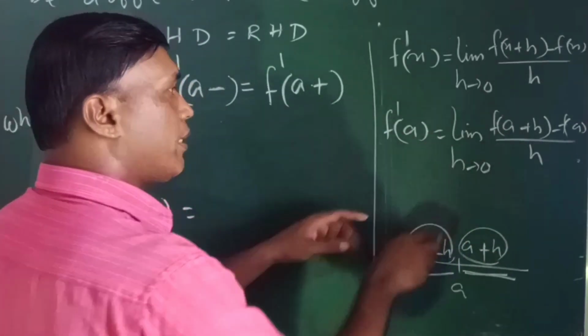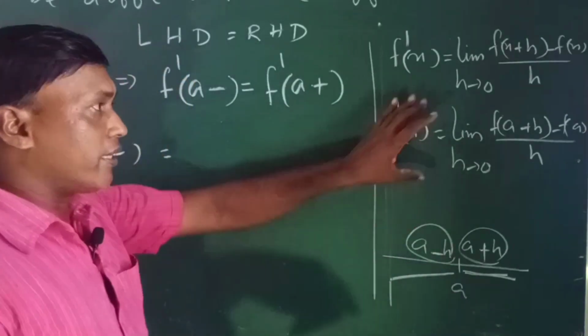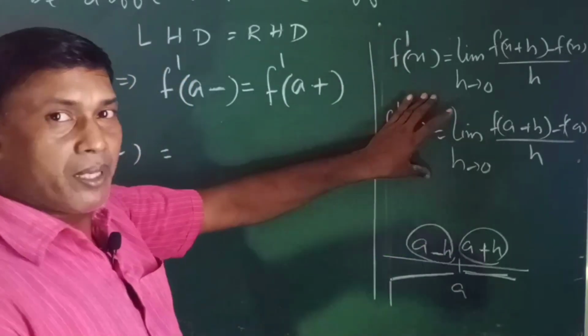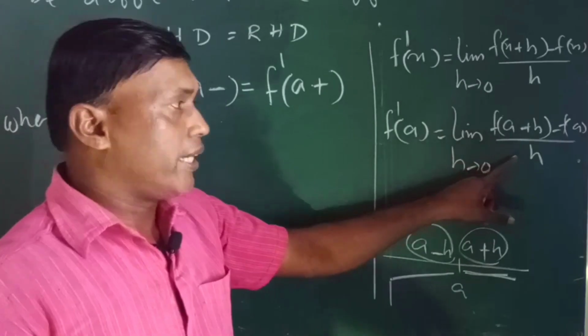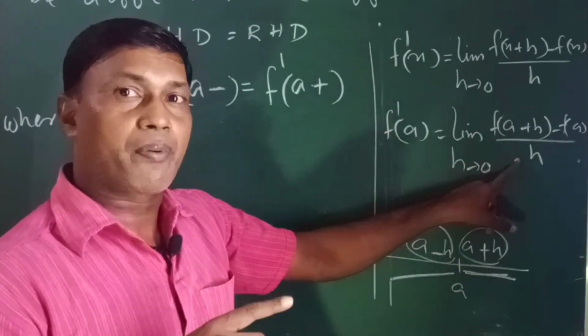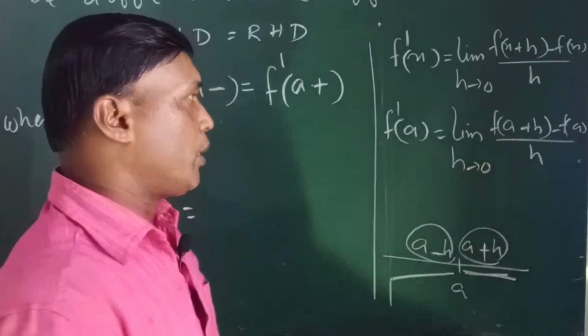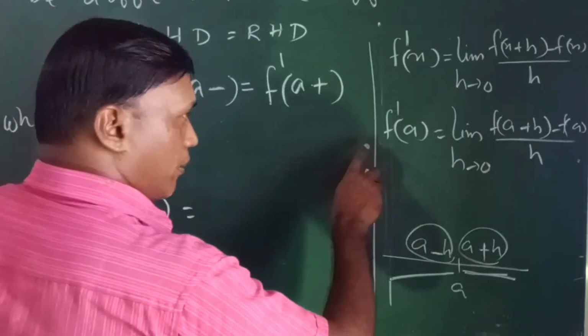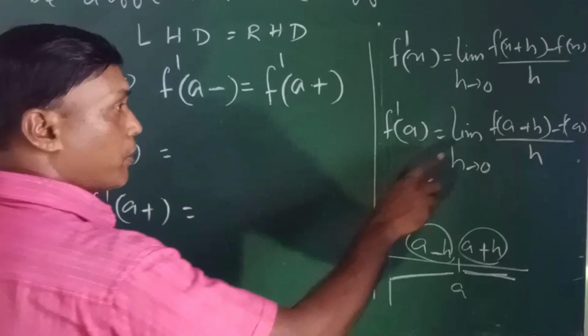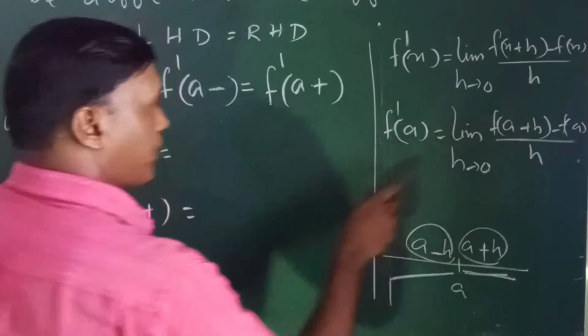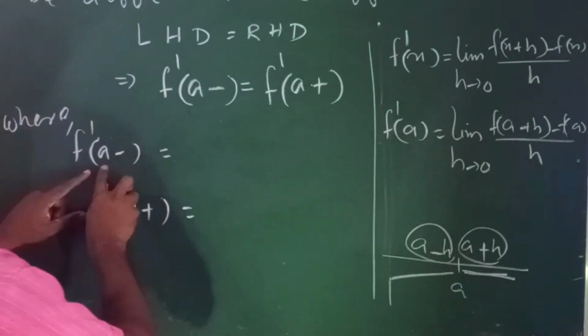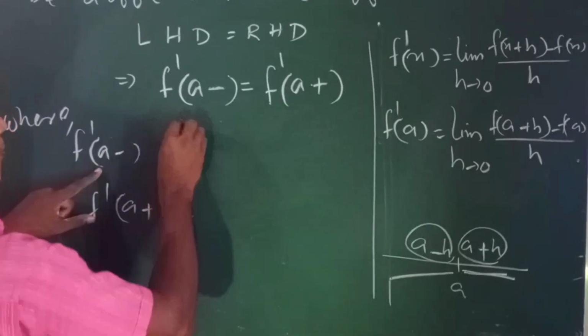Then this will be the formula for the derivative, and this is also the formula for left derivative and right derivative. If h is positive, then this is the formula for right derivative. If h is negative, then this will be the formula for left derivative. So what is the formula for left derivative? Simply take h negative. That means f dash a minus means limit